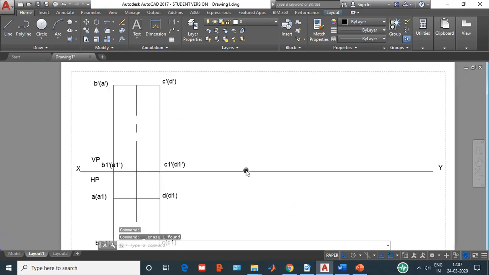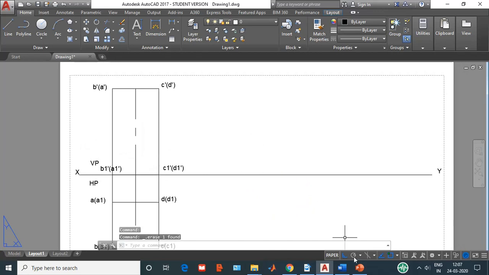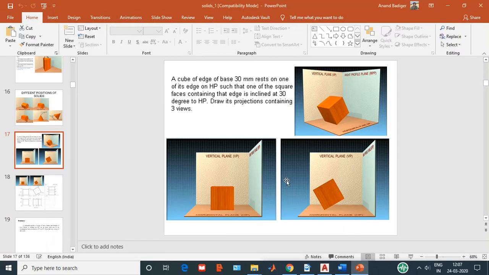Now coming to the second position, it is resting on one of the edges of the base. So this is the first position right now what I have. So this is the edge. So if you look at this particular point, the edge is over here, this edge, the left hand side. So this edge or this edge, any one of the edge I have to make it resting on the horizontal plane, and then I have to incline the surface, right?